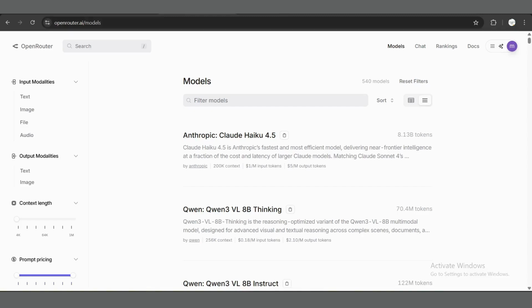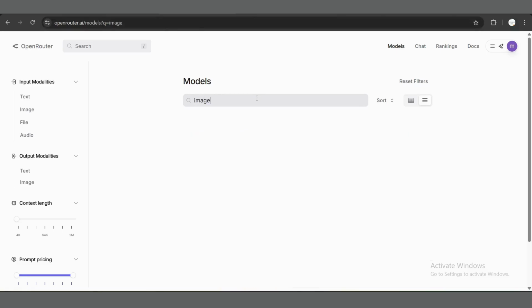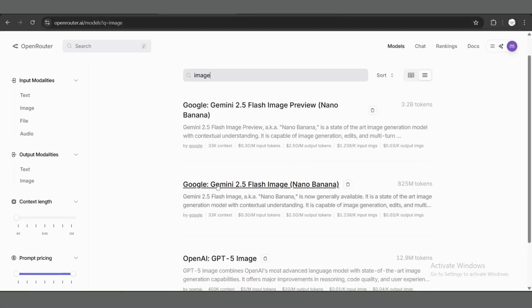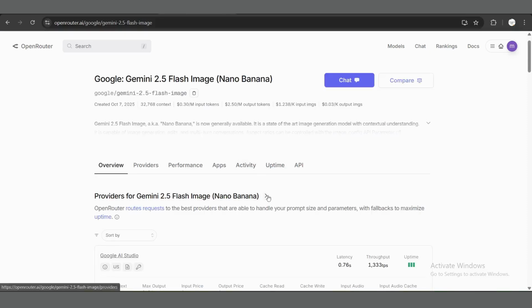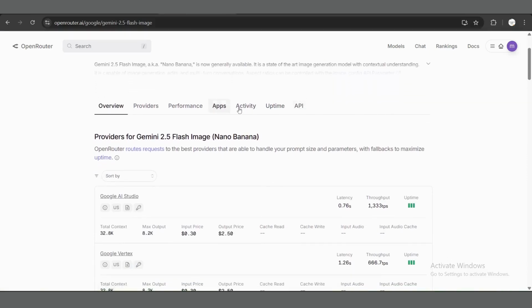For that you have to go to openrouter.ai here and create your account if you don't have an account, and here in the model section you have to search for image here, and here you can see the Gemini 2.5 flash image. I'll simply click on this, and here scroll down a little bit and you see the option for API here. I'll simply click on this,